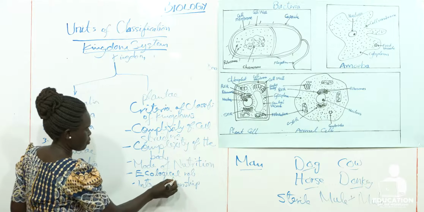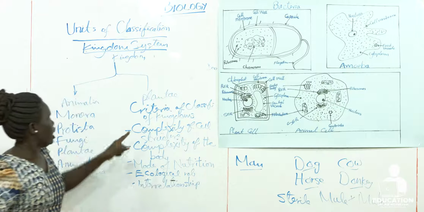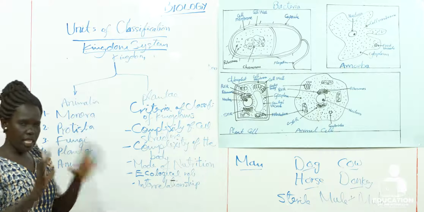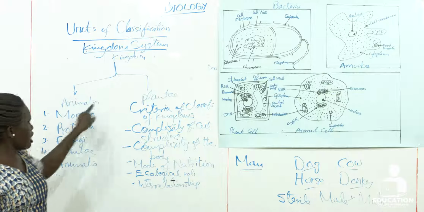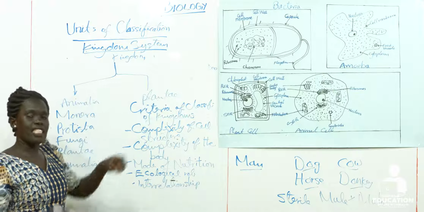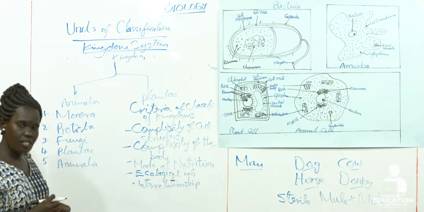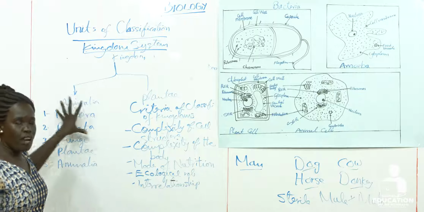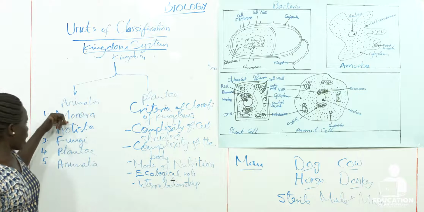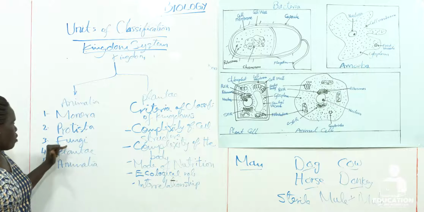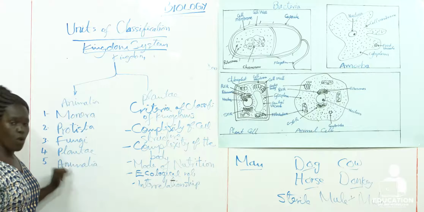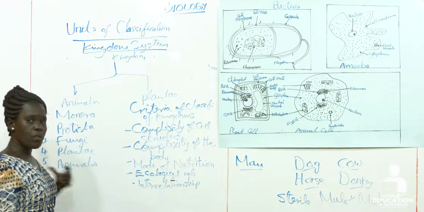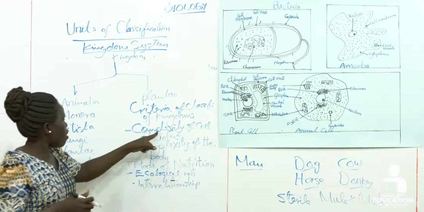Interrelationship. So, in the beginning, as I've said, living organisms were classified into Animalia and Plantae. But the scientists came to realize that living organisms can be classified into 5 kingdoms: Monera kingdom, Protista kingdom, fungi, Plantae, and Animalia. And these are the criteria they use for classifying this, because they came to realize that some of the